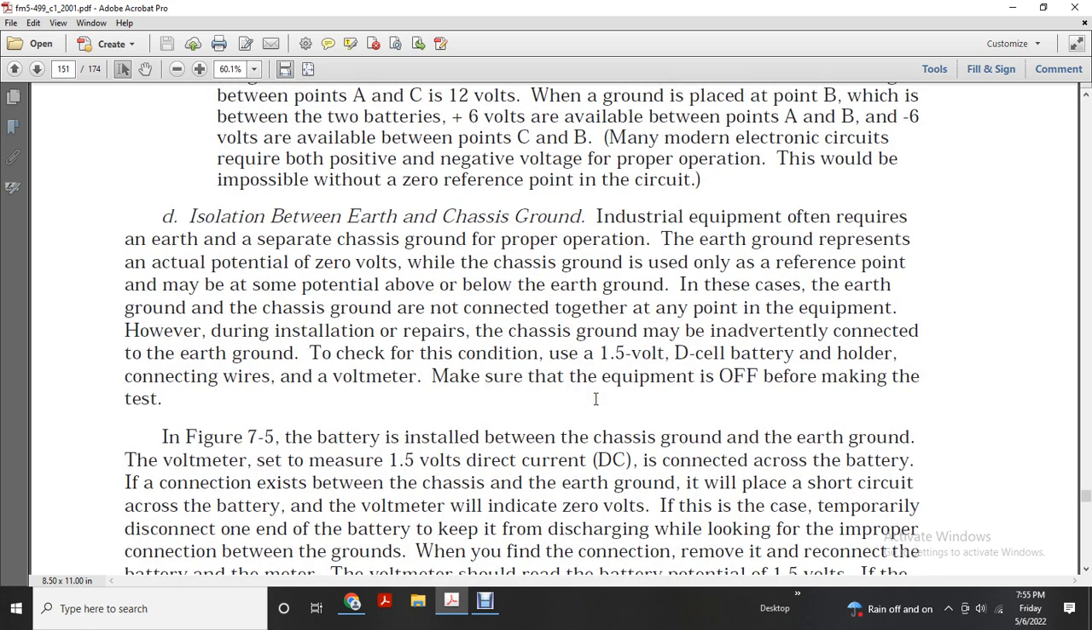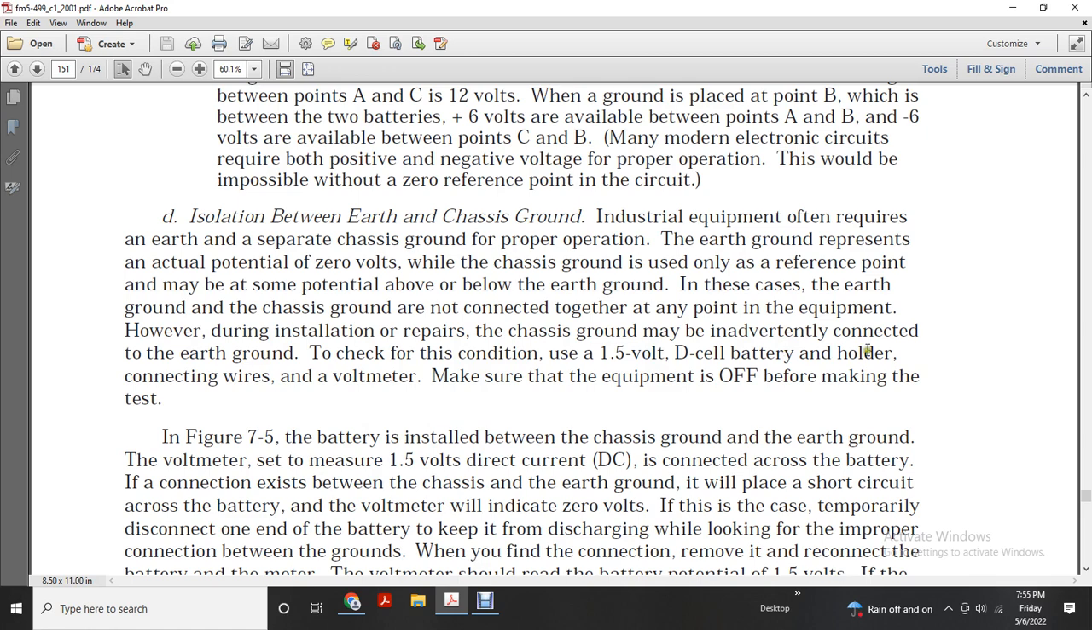D. Isolation between earth and chassis ground. Industrial equipment often requires an earth ground and a separate chassis ground for proper operation. Earth ground represents the actual potential of 0 volts. Chassis ground is usually a reference point that may be at the same potential as, or above, the earth ground. In this case, the earth ground and chassis ground are not connected together at any point within the equipment. However, during installation and repairs, the chassis ground may inadvertently connect to the earth ground. To check for this condition, you need: